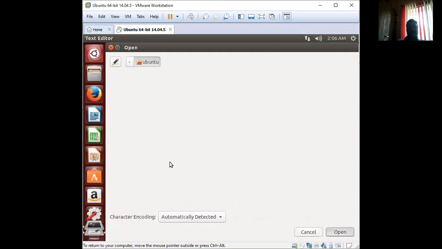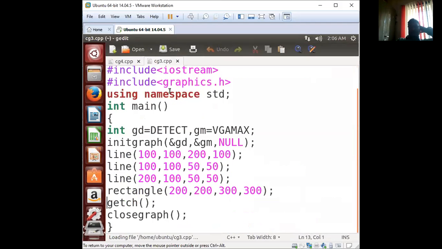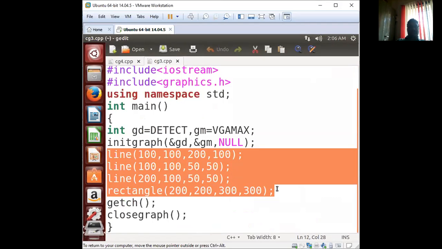Now this is the CG3 program. In the CG3 program I have passed all the input values directly in a function.